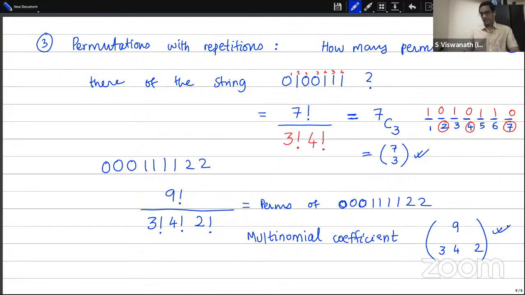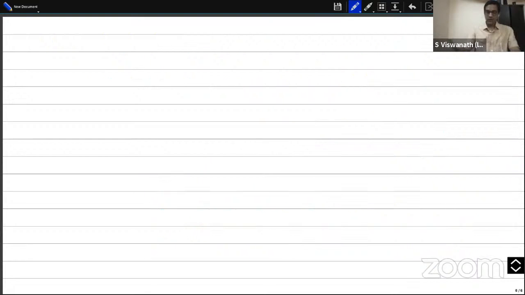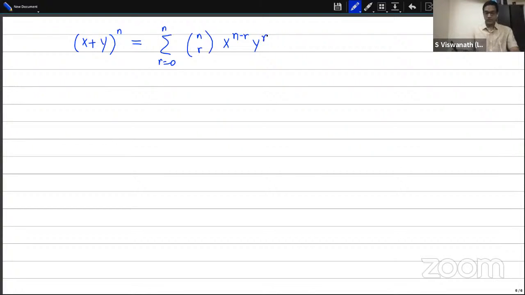Multinomial coefficients are actually related to binomial coefficients in much the same way. So recall, how do you get binomial coefficients from the binomial theorem? If I take (x plus y) to the power n, then it is the sum as r goes from 0 to n of nCr, x to the power n minus r, y to the power r. So that's the binomial theorem, where the binomial coefficients are here. And so, of course, as expected,